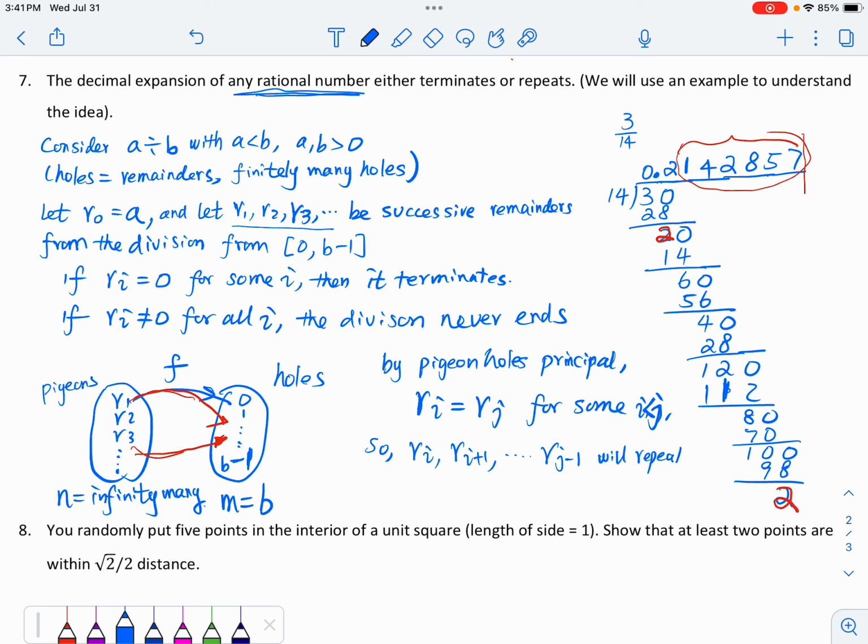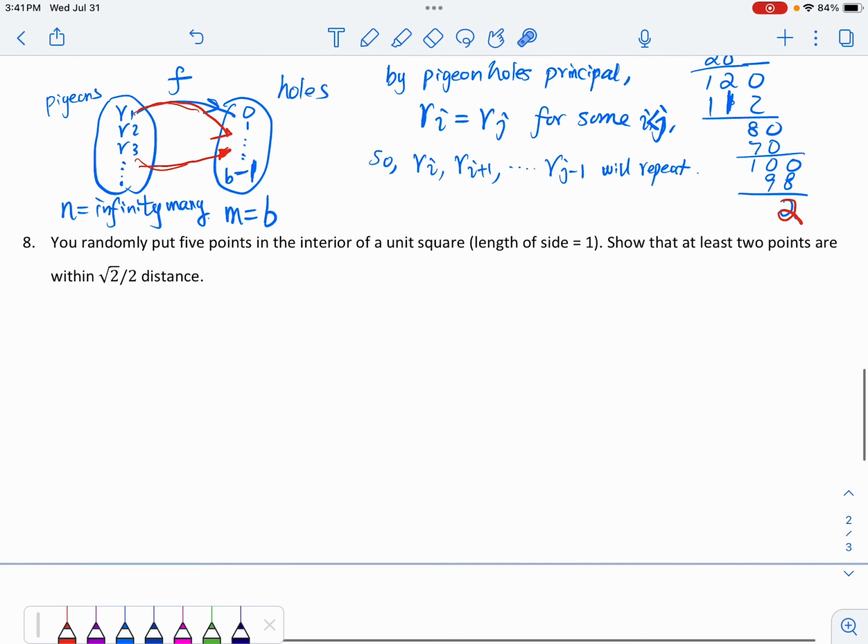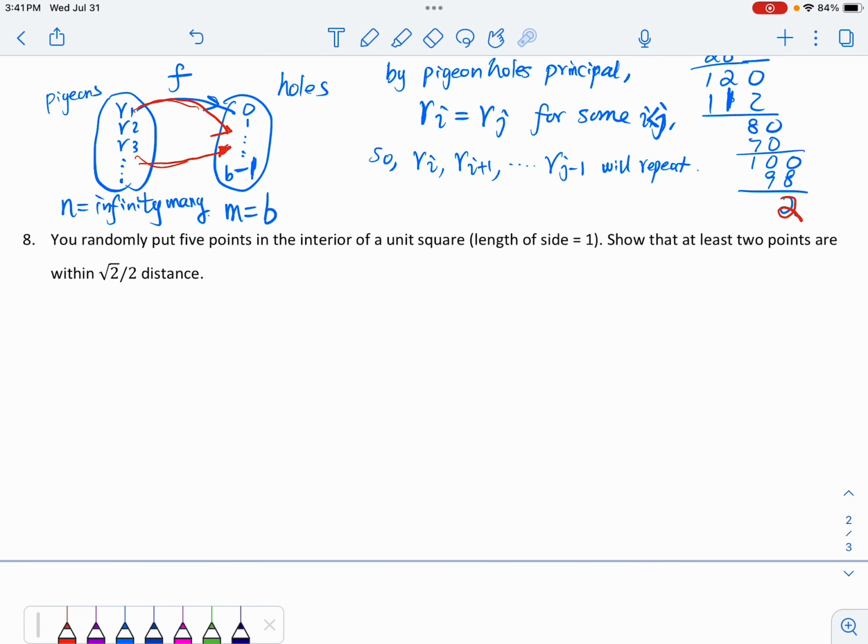So that proves this case: if it doesn't terminate, then it must repeat. This is a pretty neat application of the pigeonhole principle. Now let's finish this section by looking at the very last example, also a very neat